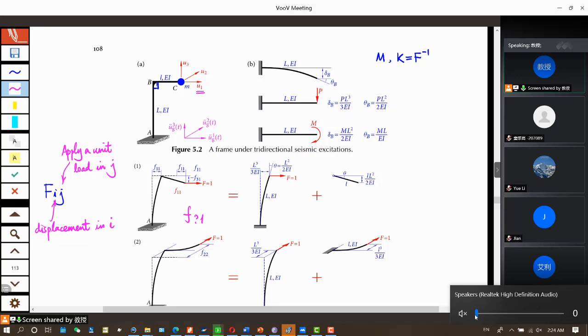And everything is in the plane, so in direction 2 it's 0. Now direction 3 is in the vertical direction, so this is F31, and because this is a negative, okay,